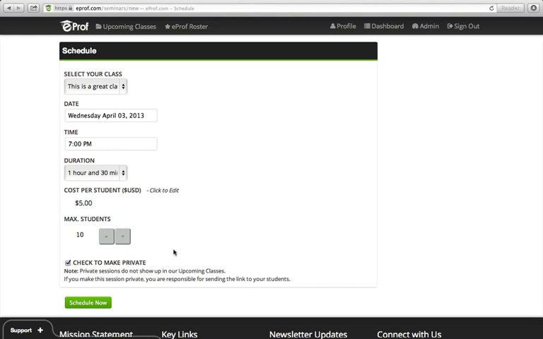is the check to make private box. So on eProf we have two types of classes. We have public classes and private classes. So if you don't check to make it private, this class is going to show up on our upcoming classes directory. So this is where all of our classes go, and essentially that's where students come to find what's